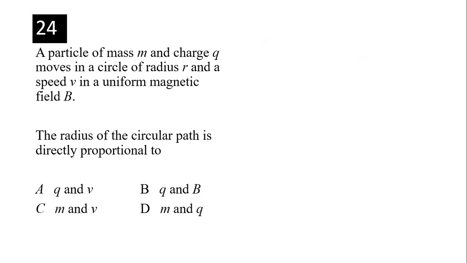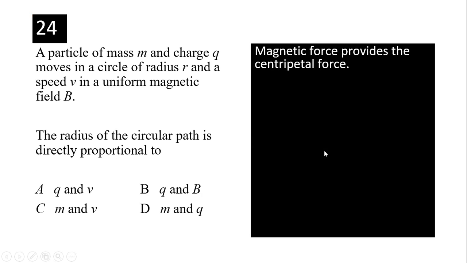So you are very weak in this one because you didn't memorize the formula or know how to derive it. A particle of mass m and charge q moves in a circle of radius r and speed v in a uniform magnetic field. As I said, don't memorize the formula. Just memorize magnetic force equals centripetal force and derive the formula. mv, the v cancels off, so you still get mv. Take r across, qB down, and put in. You can choose your right answer: proportional to m and v, momentum. C.